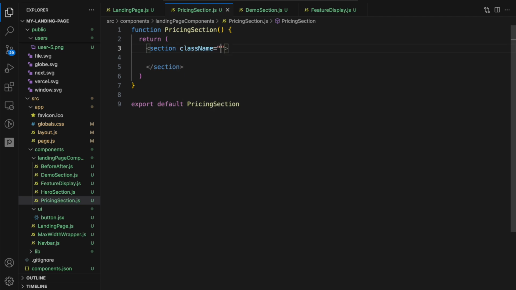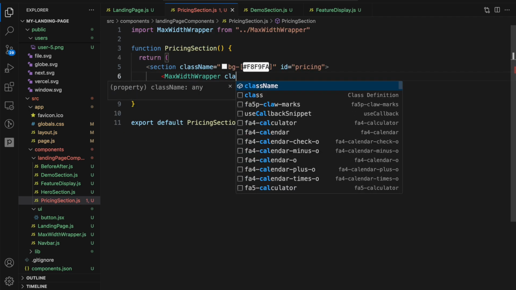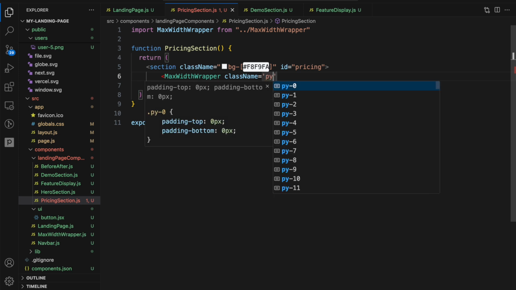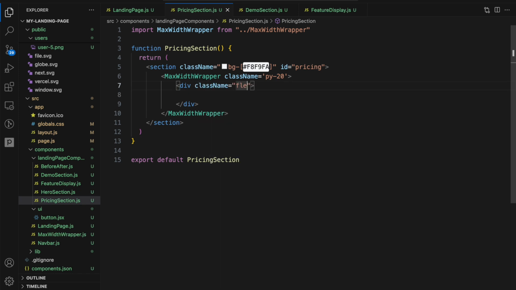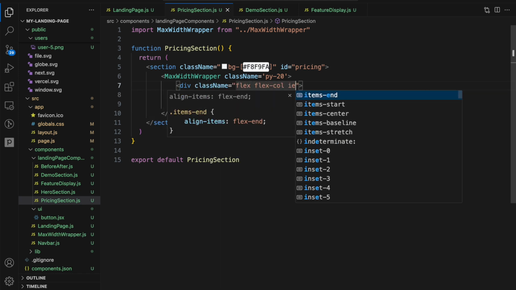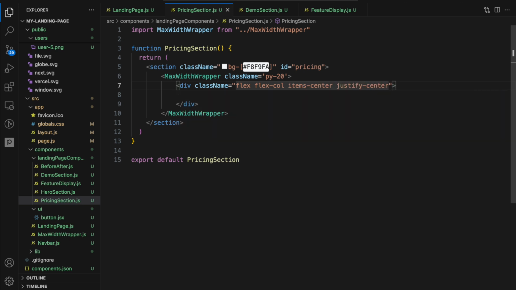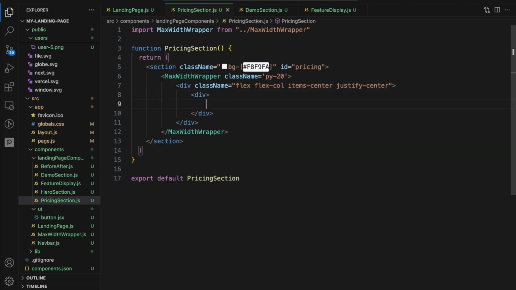Give it a class name of bg-#f8f9fa, so sort of an off-white color, and give it an ID of pricing. And in here, let's open a max width wrapper with class name of padding y20, and inside let's open a div tag with a class name of flex column item center justify center, and in here open another div with